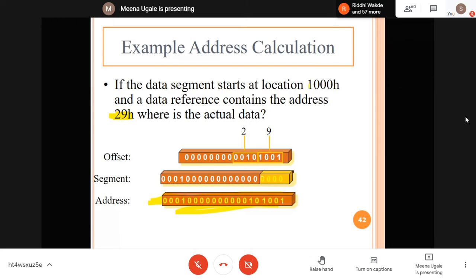Your data segment starts at location 1000. I will first reach the 1000 location. Then from that location, I need to walk 29 locations. This is known as the offset value. Offset is also known as effective address. And these two together will tell me the exact location of my data. How to get that? First, this 1000 I need to convert into 5 digits, adding 0 at the last place. Then I will add this 29 number and I will get the final address of the location. Same concept is used for the 4 segments: data, code, extra, and stack.